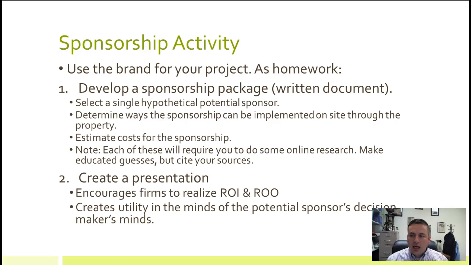It is essentially a hypothetical document that you would try to convince a sponsor to buy a sponsorship platform with you. In other words, you are the sport property trying to convince a sports sponsor to spend their marketing dollar with you. You need to determine ways the sponsorship can be implemented on site through the property and estimate a cost